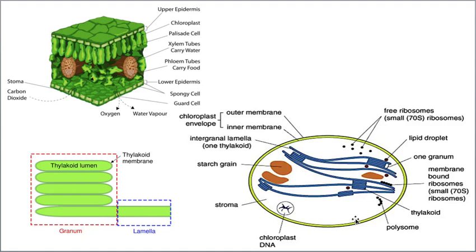Okay. Now let us take the double membrane cell organelle, that is chloroplast. And if you take the chloroplast, I just one minute back told you it consists of two membranes. See this black one, it is called the outer membrane. You can see it, right? Just follow my arrow mark, you will understand everything. This is the outer membrane and this is the inner membrane. So these two membranes, outer membrane and inner membrane, are present. That's why chloroplast is called a double membranous cell organelle.